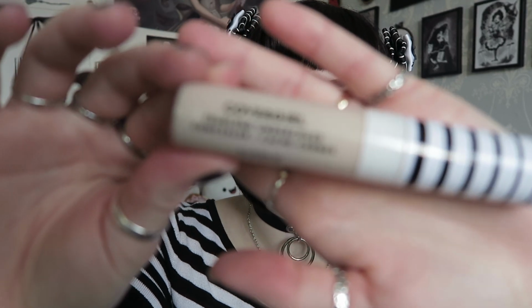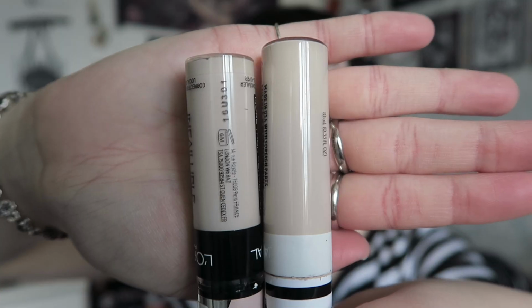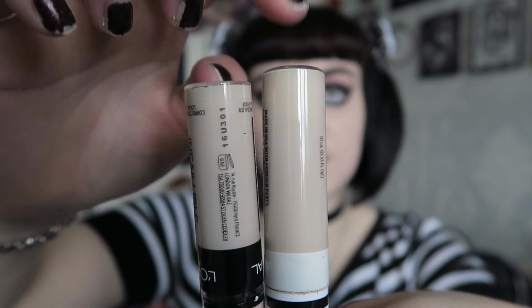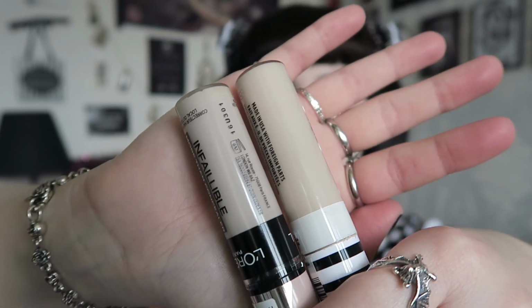This is the one I'm currently using, but I did get this on holiday, but it literally is the same shade. I'd say this one is more on the grey side and this one's maybe a bit more on the pink side, but they are very similar. So if you are in America and you can get this one, then I do really like this. I'd say this one is also a bit thicker than this one, but they both do a really good